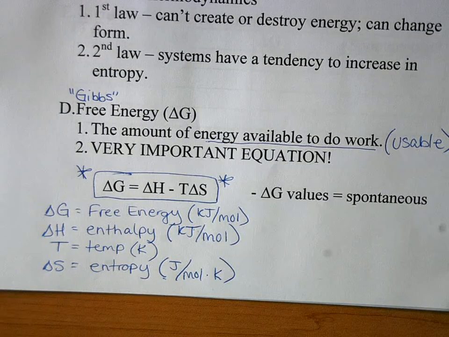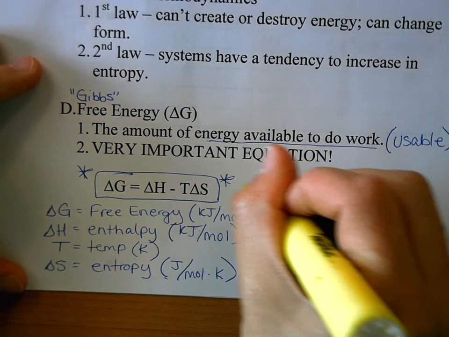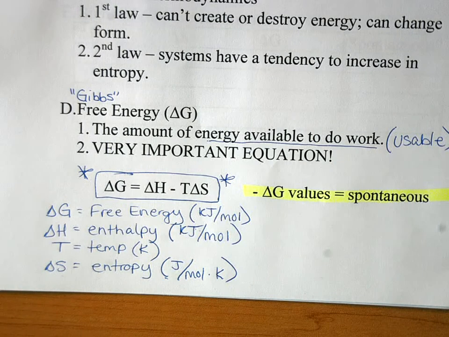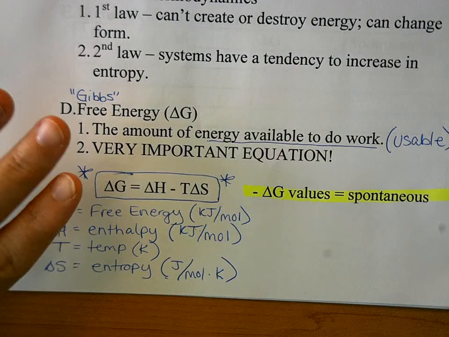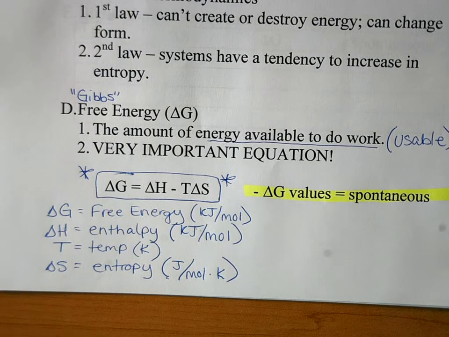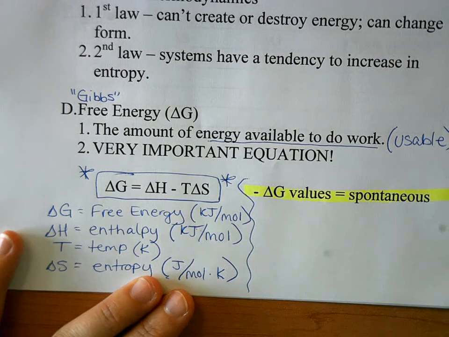Now, this is a very important thing for you to remember. One of the main reasons you would have to use this equation would be: okay, given this entropy value and this delta H value, would this be a spontaneous reaction or not? And you would go through and plug everything in, and the math is fairly simple here, but you would just need to know that every time you calculate a negative value for G, it means that the process is a spontaneous process. It'll happen on its own without any outside intervention.